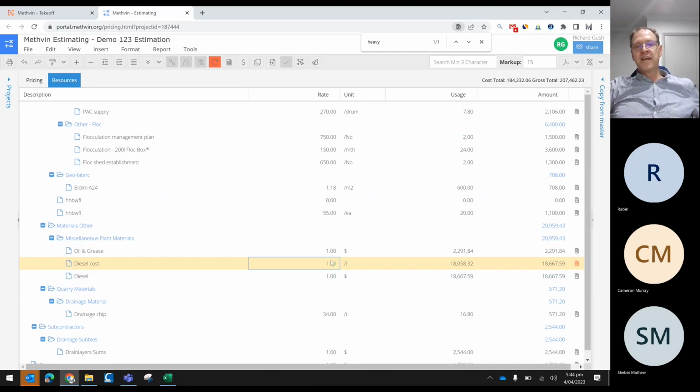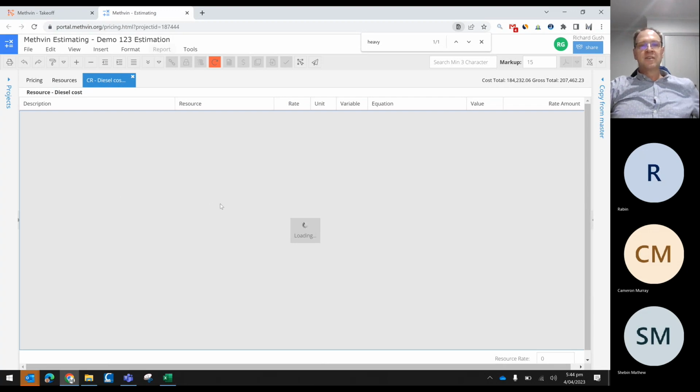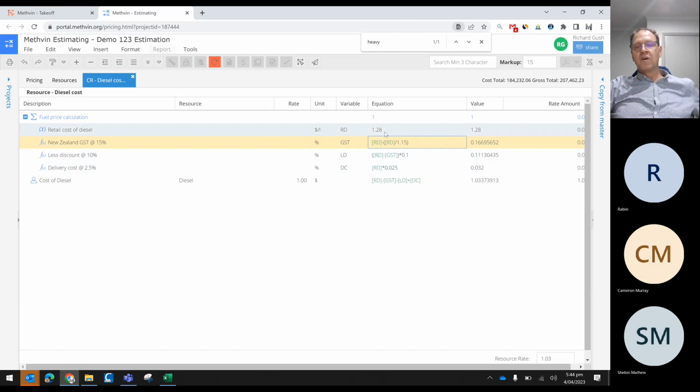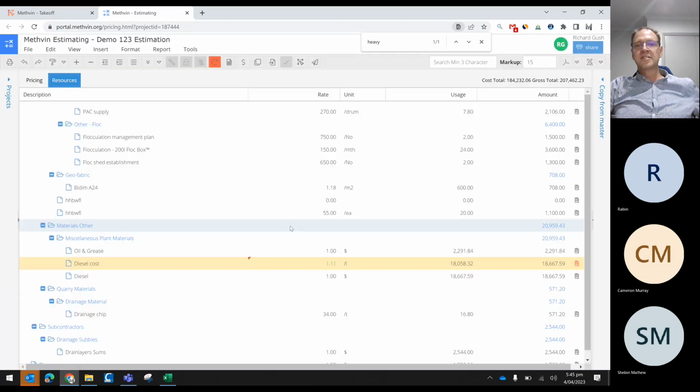By just making one change to that diesel rate here, let's say we're going to now buy this for $1.30 instead of 38. And as soon as we hit save here, do you want to save changes? Yes, that'll update every piece of plant where that diesel is being used,